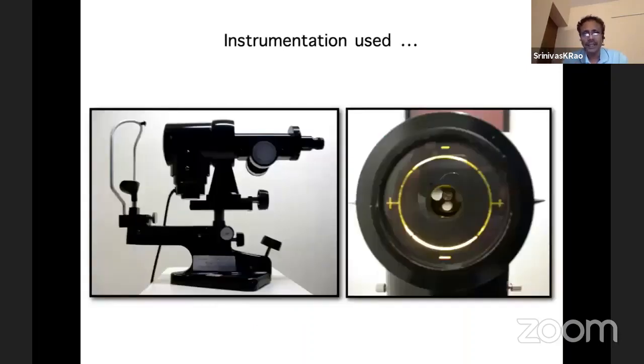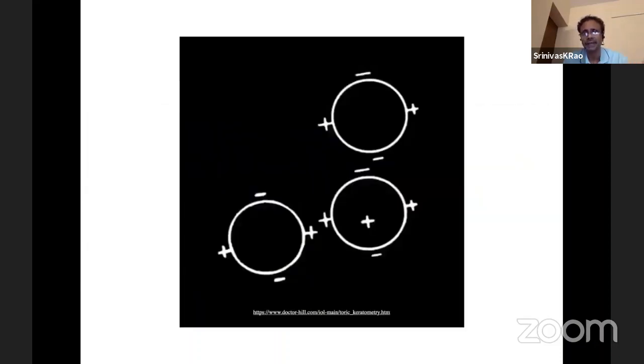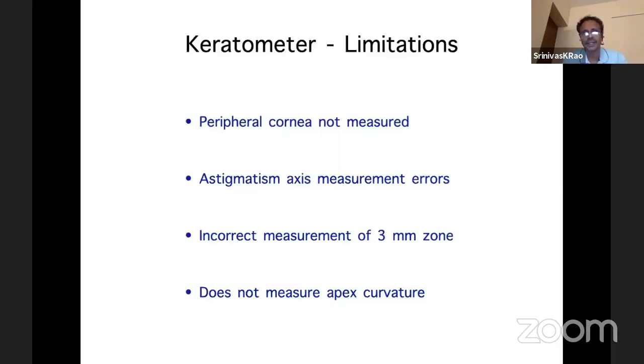We have traditionally used the keratometer to study the corneal curvature, and this is still valid today. And a lot of the initial designs that looked at corneal topography, the machines, were modeled on the keratometer itself. This is something that all of us are taught in our basic training days. The corneal curvature is measured by the keratometer using these two mires, and based on the size of the reflection, we derive the corneal curvature. The prism doubles these images so that when you match these two, you can get the power or the curvature of the cornea on the two meridians, the vertical and the horizontal.